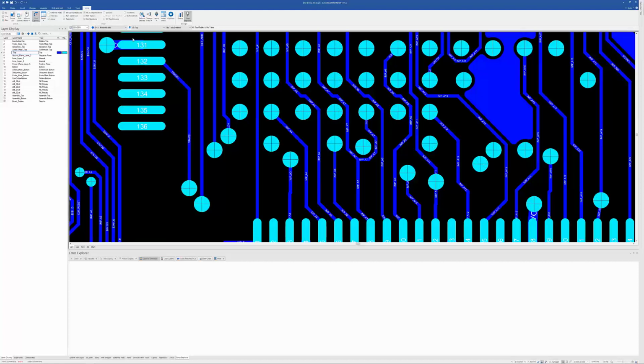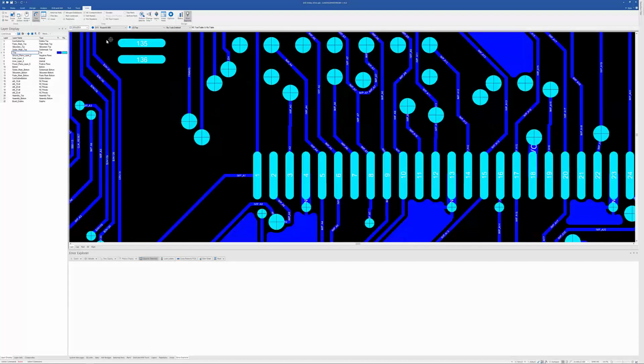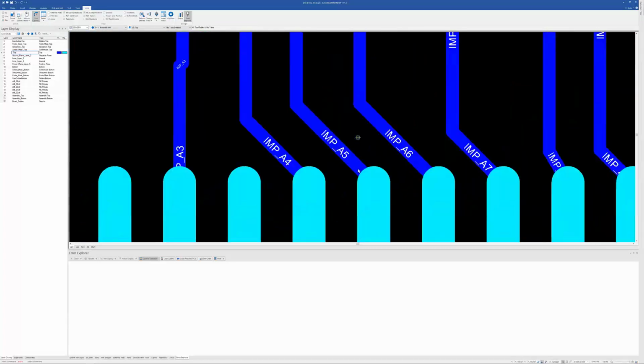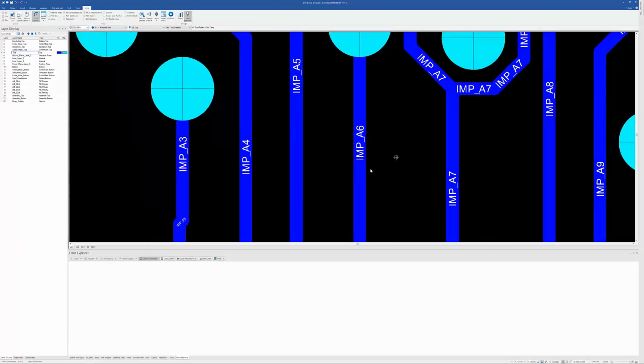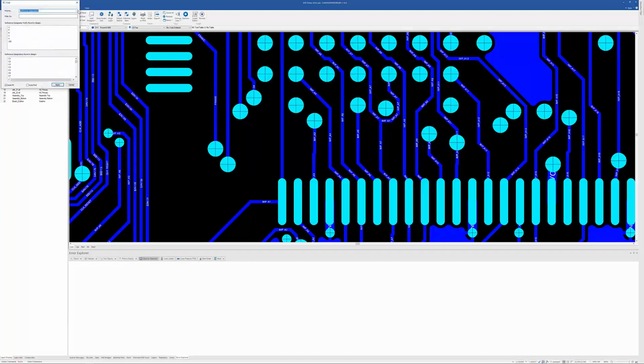If you have intelligent data, you can actually turn on the pin numbers, and it'll show you the pin numbers. And we'll even show you the net names. So as you're scrolling around here, you can see that these are your impedance traces, and maybe you have a diff pair or something like that. It's an easy way to go and look for those. There is a find functionality where you can actually go out and look for particular nets or reference designators for intelligent data